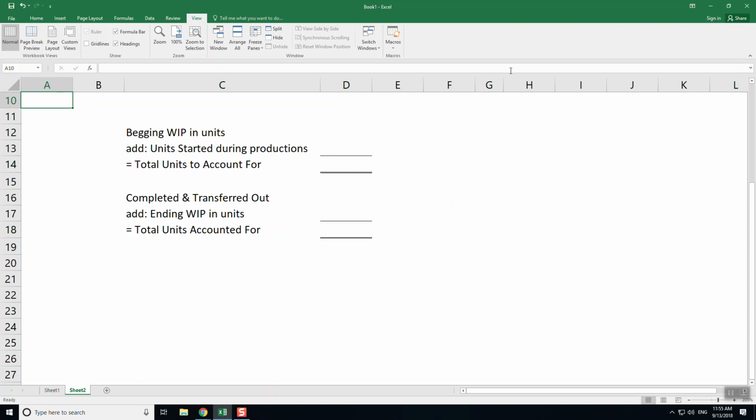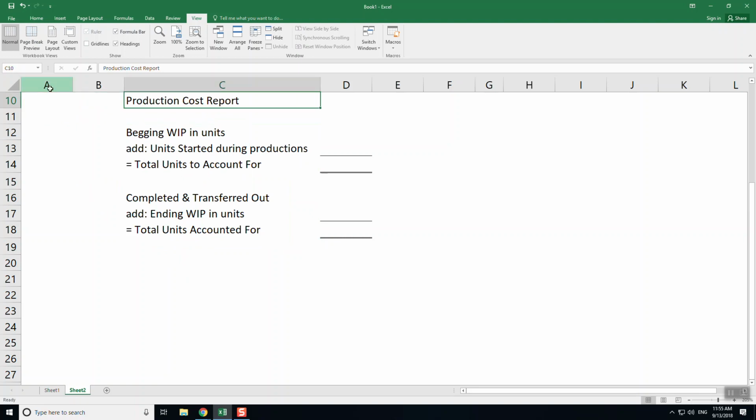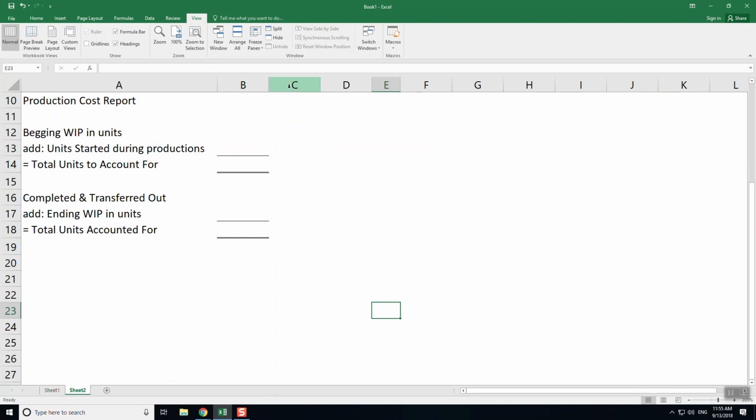So this is how our production cost report is structured. And the first step is always to reconcile the units. Then what you're going to do is across the columns at the top, you probably would come out a row or two and you would break it up into direct material